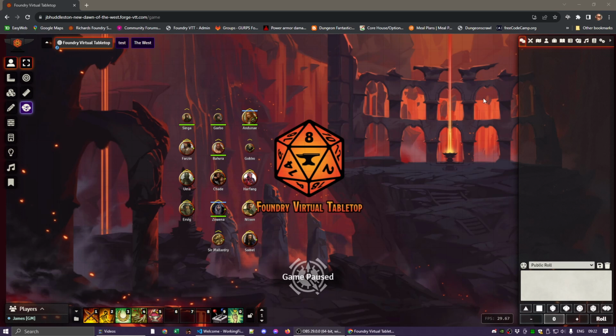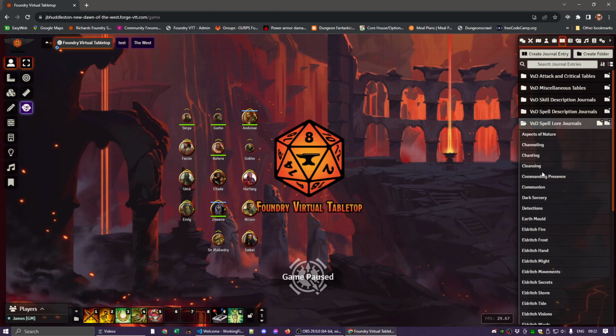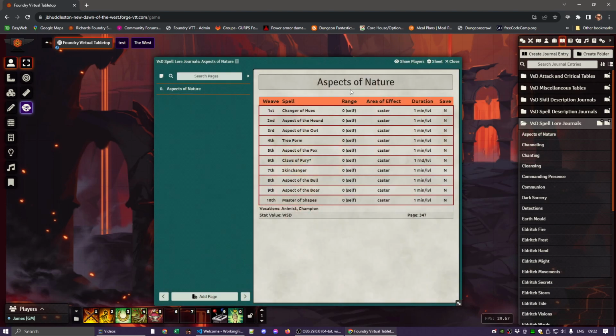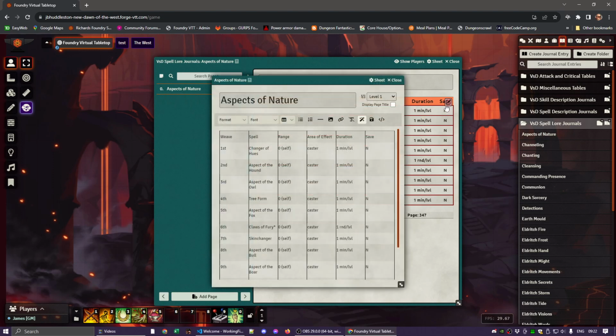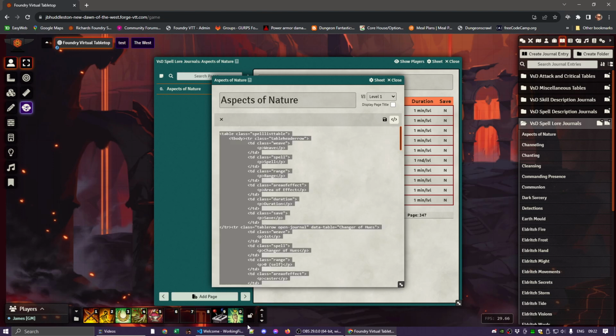The first thing I'm going to do is create a spell lore and its spells, its weaves, from a third-party source called the Grievous Grimoire. So what I'm going to do is take one of the existing ones. It doesn't really matter which one. I'm going to bring that up, then open it for editing, get at the source code, copy it,